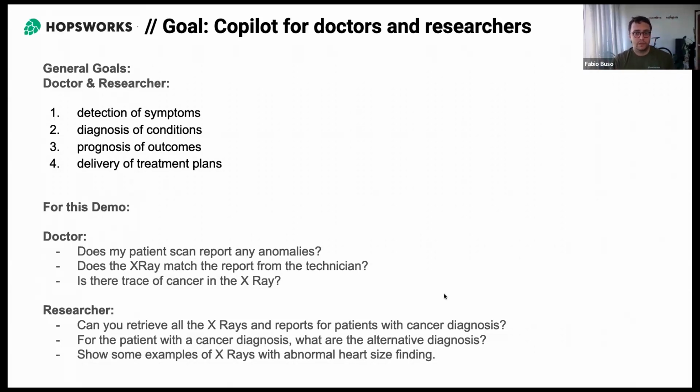The chatbot actually has two different use cases and two different personas that we want to help out. One is the doctor persona. They're looking at a specific X-ray of a specific patient, or specific X-rays in a specific group. The researchers take a broader approach. They've been looking at things like, can you give me back a sample of all the images that contain a specific condition, or